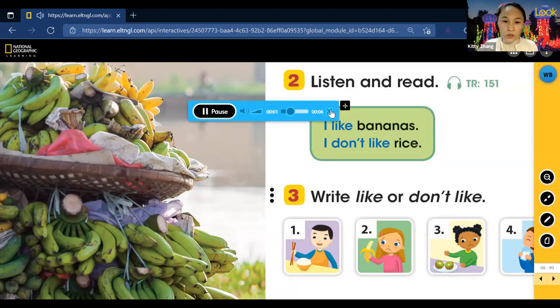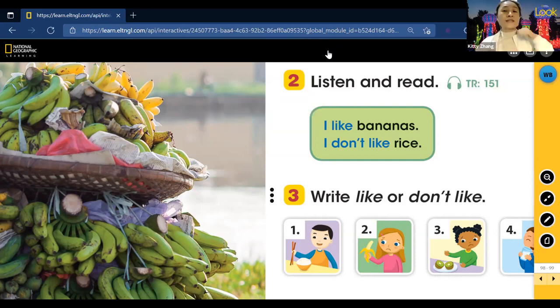Okay, did you hear what the girl says? When we say, I like something, okay, you feel you like it. I like bananas. I don't like rice. All right. So, can you tell me about the